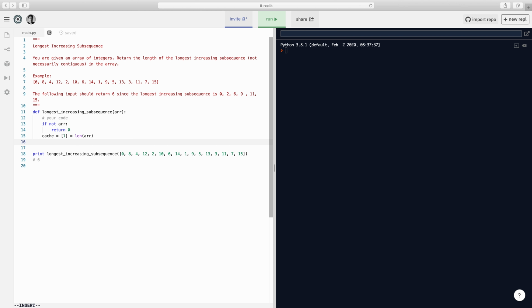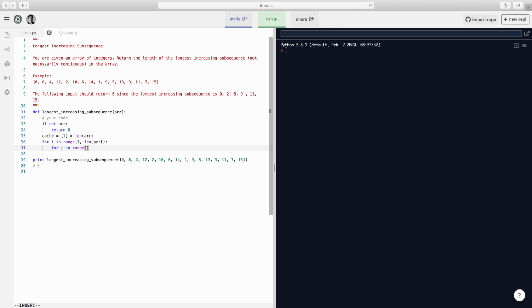So first, we iterate through the array, in range 1 to the length of the array. Okay, so we iterate through all the array. And then for each of the values, like we did last time, we're going to iterate through the cache, until our own value. Okay, so now what we want to do is we only do something if the current value is bigger than the value on your left, wherever you are. And then if it is, then